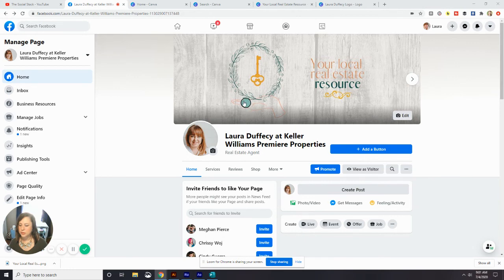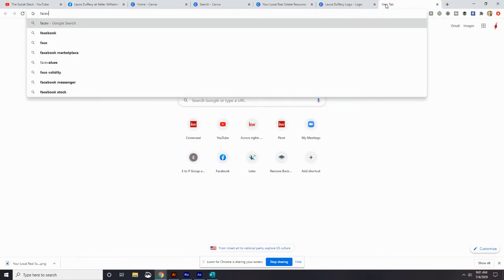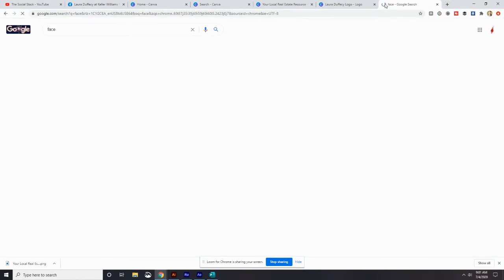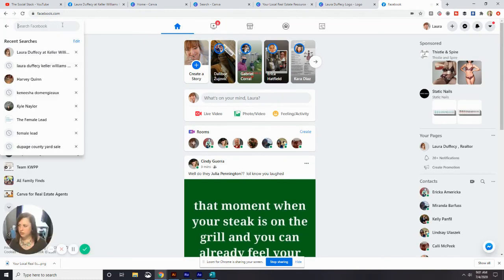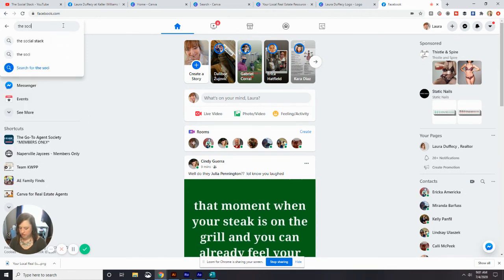For example, I'm going to pull up one more tab here. This is the URL at the top here. You see it says facebook.com/Laura-Duffy-at- a bunch of numbers, bunch of words. That's very long. That's hard to share with people. So I'm going to open up a new tab really quick. Go to Facebook. And we're going to type in the search bar right here,